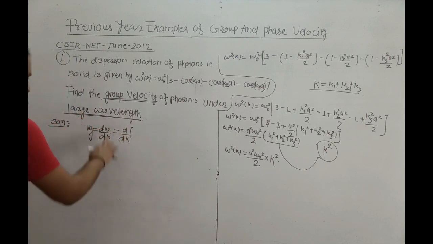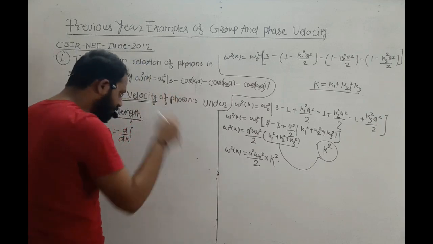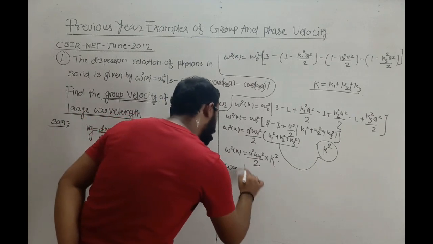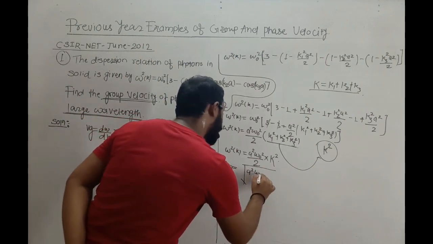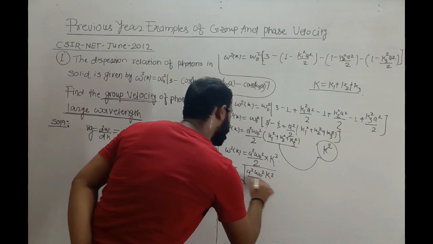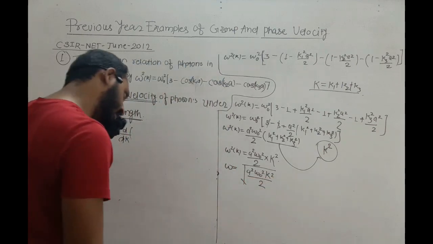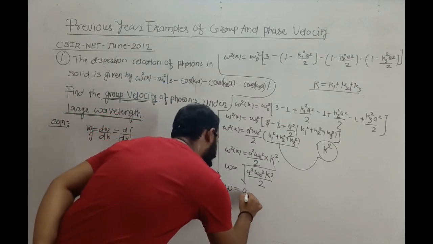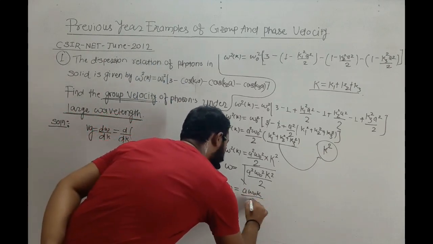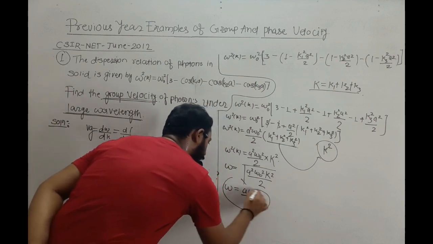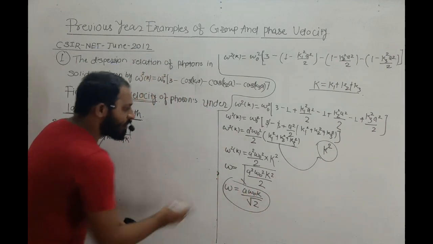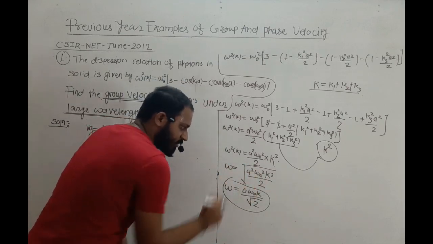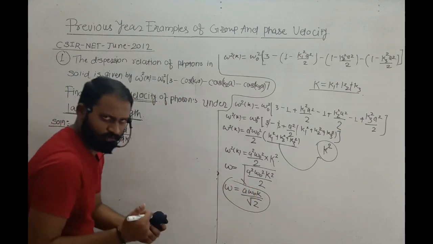Okay, here you have to put the omega. Now see, square root, therefore omega, square root of a square omega naught square k square by 2. Now see here, square root and square get cancelled. What remains? Omega equals a omega naught k by root 2. Is it any problem? No sir, because here the square root and square of all these constants get cancelled, and what remains in the denominator? Under root 2, sir. Is it okay?